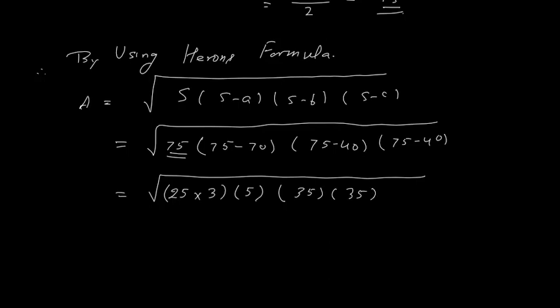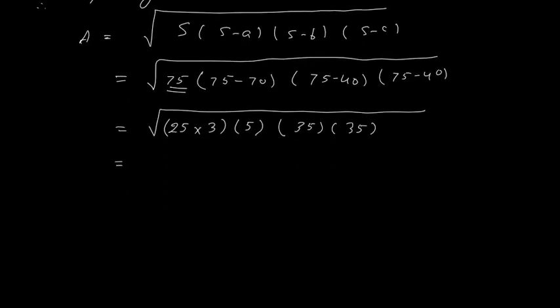So we have to find the square root. Now, 35 appears 2 times, so I will take 35 out. You know why we are taking it out? Because we have to find the square root of these whole terms. The square root of 25 is 5, so this will also go out. Now inside the bracket, what is remaining? One is 3 and the other is 5. So 3 times 5 is 15. Here 5 times 5 is 25, 5 times 3 is 15, plus 2, 17. So this is 175 square root of 15.